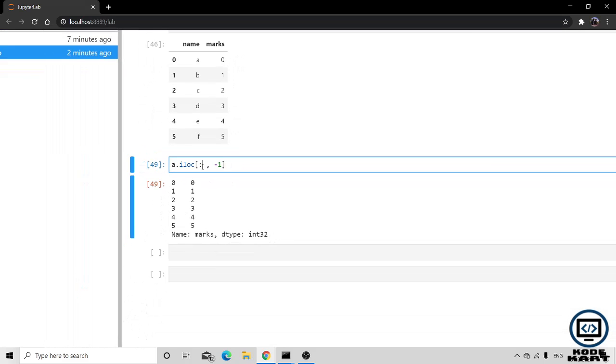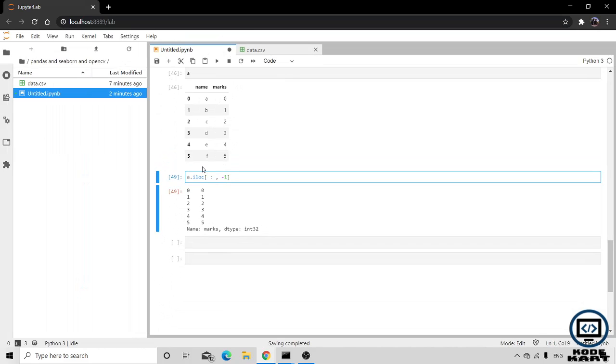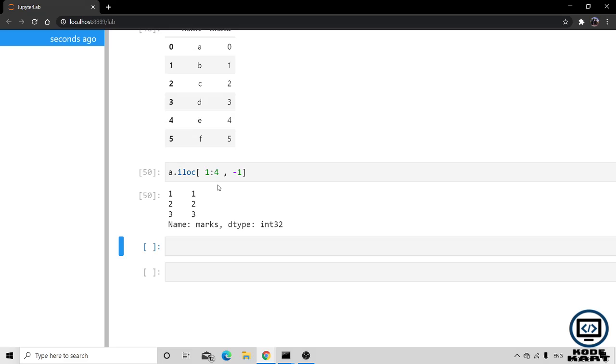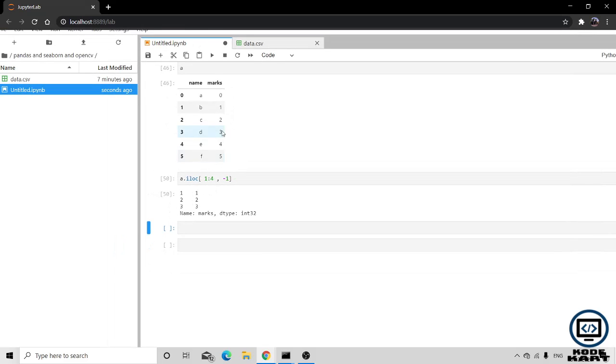If I want the data of the last column but for the first to fourth row, the fourth row is excluded in it. If I do this, now you can see that it is giving you 1 2 3 up to this.